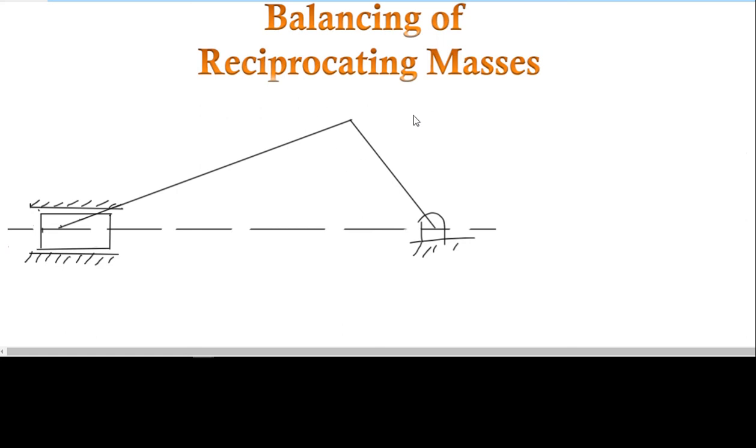So we will be starting reciprocating masses because reciprocating masses are more normally associated with engines. Questions are normally of engines or crank piston arrangements. So consider a slider crank arrangement here, and we will go straight to the forces acting on this. We know in order for the piston to reciprocate, there should be a gas pressure or a reaction force to accelerate that piston. So let's take that force as